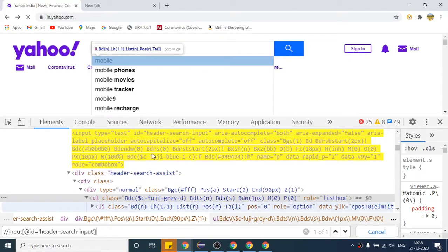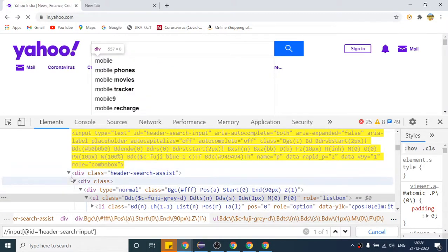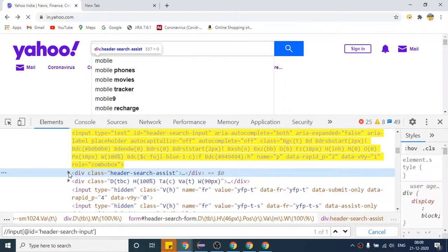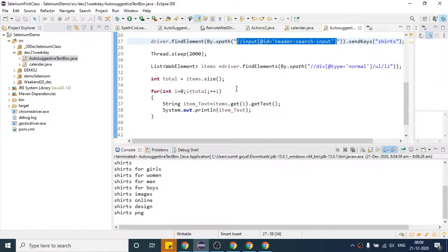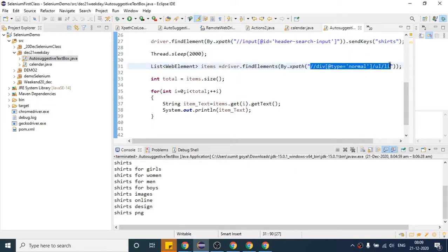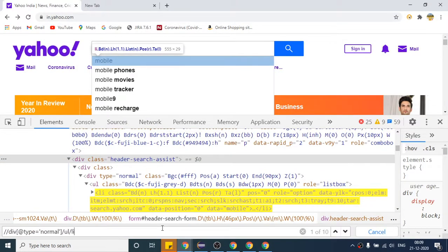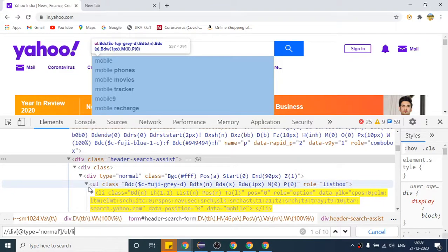So if you see what is the hierarchy they have created, let me copy this entire one. Here we have written the XPath for all the elements. As of now, this website is showing 10 elements, but what is the hierarchy they have created?